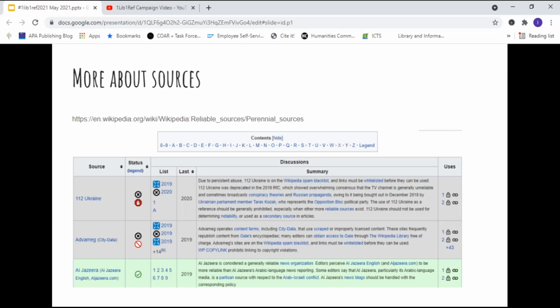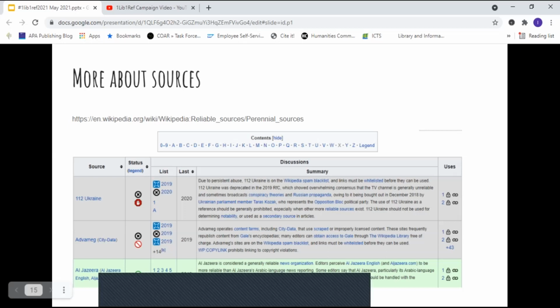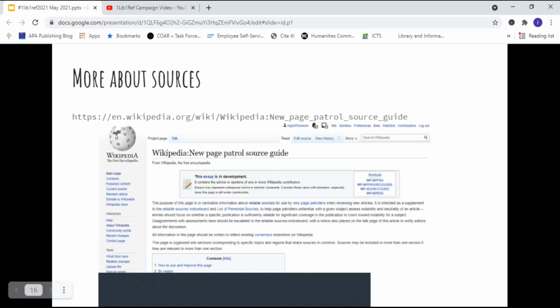So it's again that question of what would you point a patron to? There's another page as well, which will also help you to talk about reliable sources.